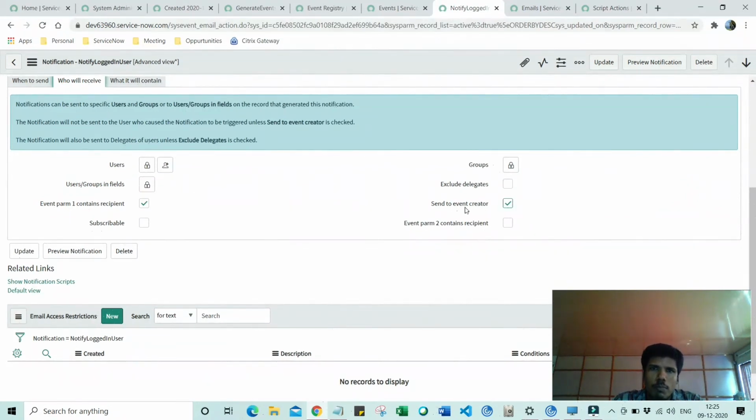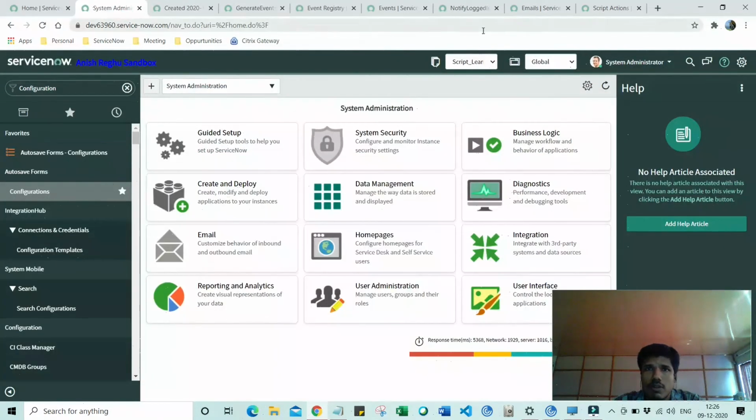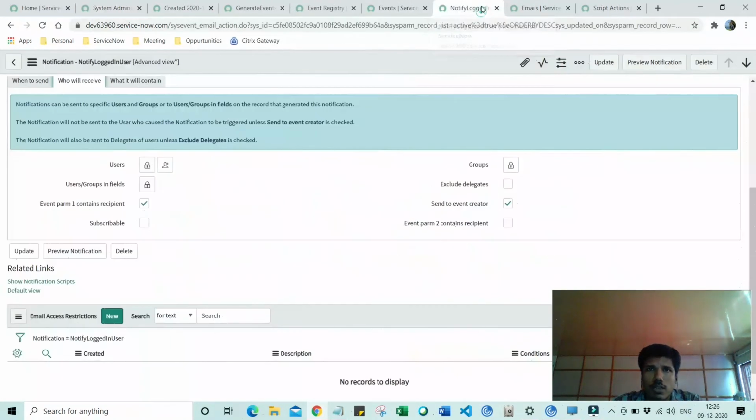Okay. This field says send to event creator. Event creator means the person who has generated the event, right? Logically we assume that it should be the system administrator because I'm logged in as a system administrator. So I might be assuming that it will trigger the notification to the system administrator. Well, that's not the case.